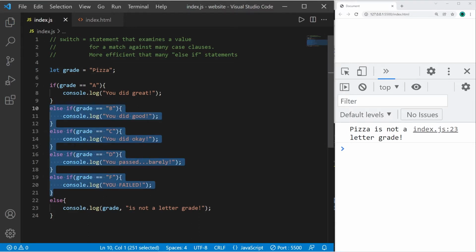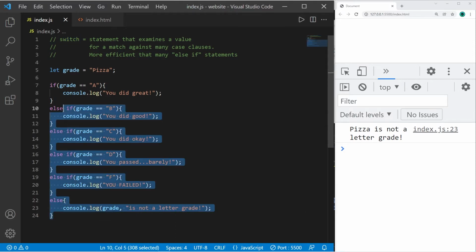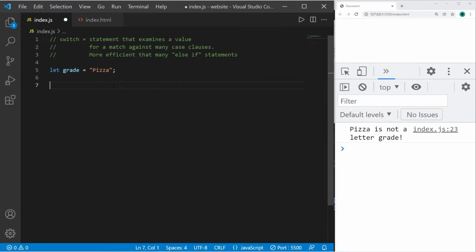It's not normally good practice to use a whole bunch of else-if statements. If you find that you're using a lot of else-if statements, it may be better to instead create a switch. Let's write the same program, but use a switch instead. To create a switch, we type switch, a set of parentheses, and then a set of curly braces. Within the parentheses, we're going to examine a value or variable. I'm going to examine our grade, and we will compare our grade against many case clauses and see if there's